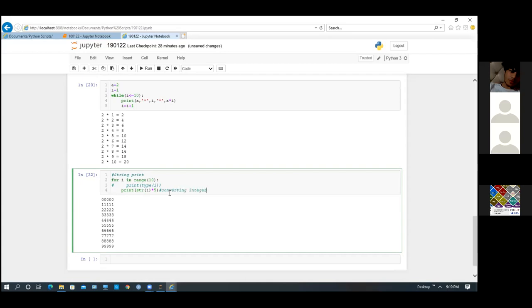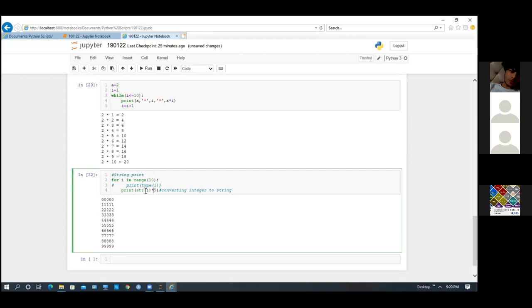Sir, can you repeat? Yeah, why not? Which section? You tell me. Basically, in a for loop, whatever the I value is in the iteration, that value is an integer, which we showed just now. So I am converting this I to a string using the str function, writing str with I within brackets, and then multiplying an integer with the string.